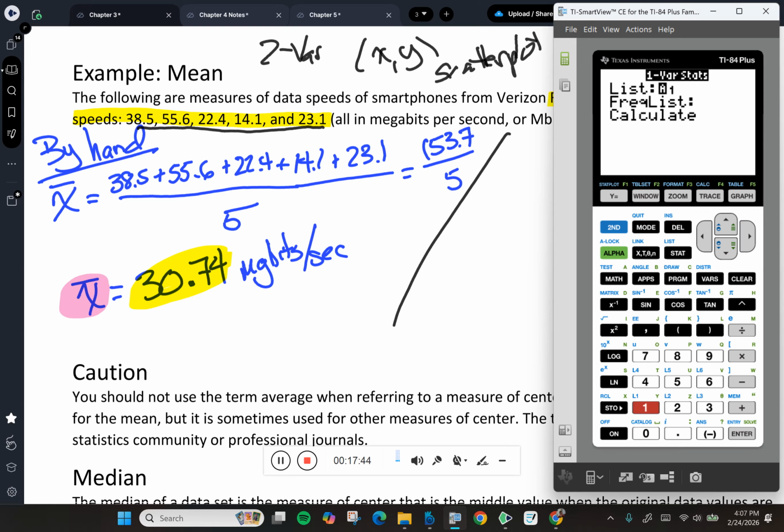What list did you put it in? Now I put it in list 1. It says list 1, so I'm good. If I had put that data somewhere else,